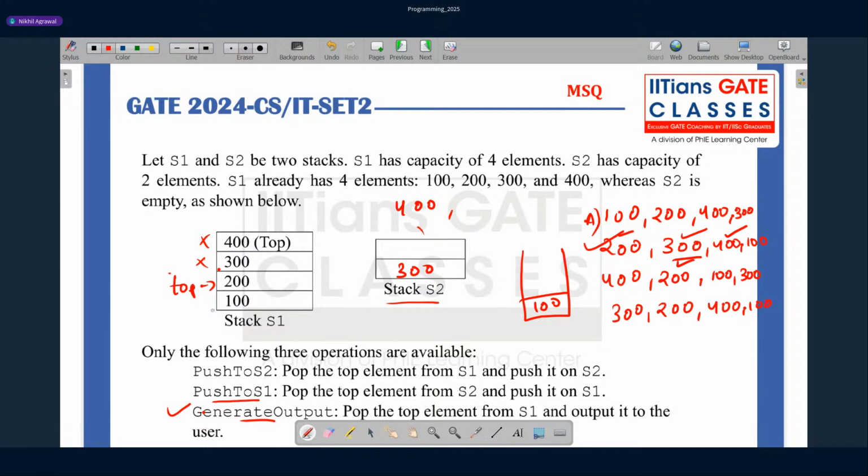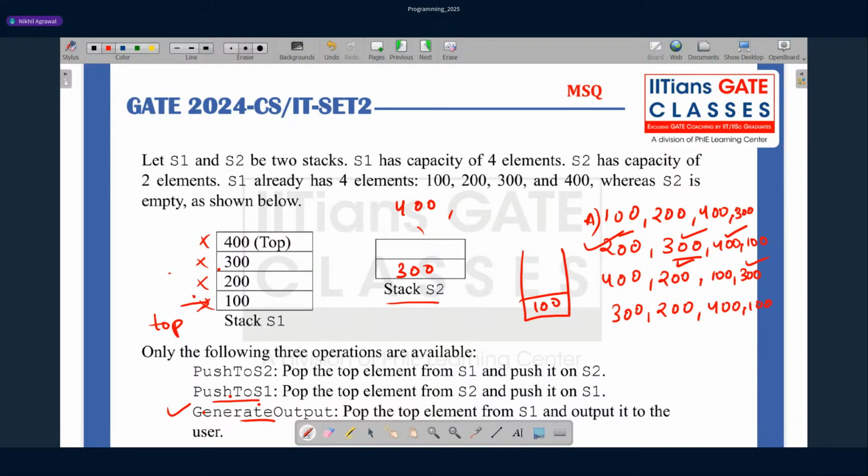When I generate output for 200, my top will be here. Now I can perform generate output again, so 100 will be gone. Then I can push 300, push to S1, then perform generate output. So 300 will also be output.